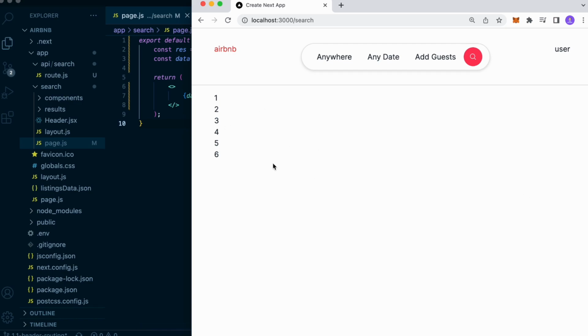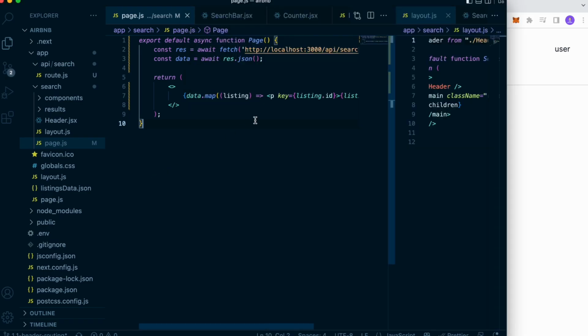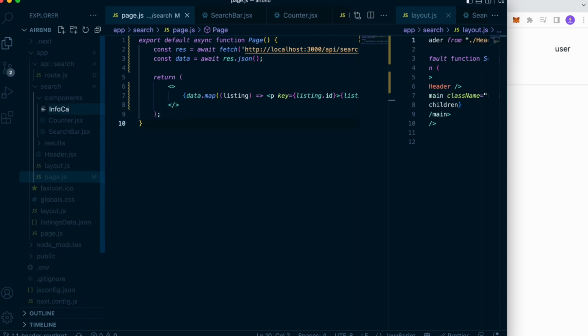Let's start creating a listing card so we can better display this data coming from the server. So this is server component, right? And then we can either display that inside server component, but if you want to add interactivity, for example, when a listing is coming in, we want users be able to favorite it or review it, something like that, then we need client components, the ones that we mark with use client. So from page, we're gonna do rendering, fetching on page, but then we're gonna pass this data using props to the client components. Inside components, new file, info